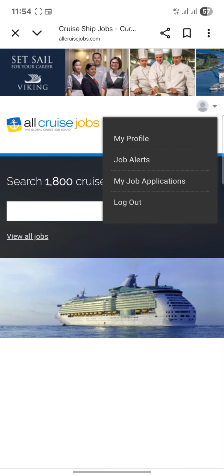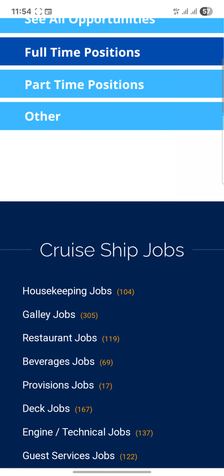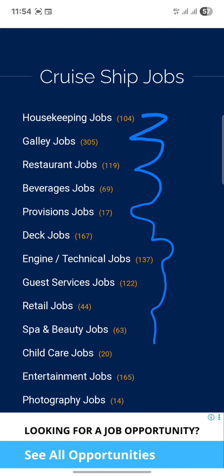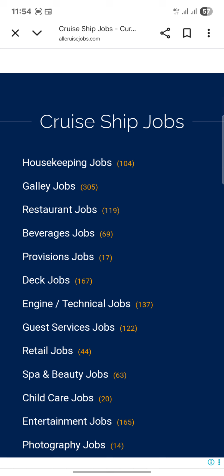You can create a profile if you don't have one on All Cruise Shops. This is where you're going to see the jobs: cruise ship jobs, housekeeping, galley attendant, and everything. You see all these kinds of jobs going all the way down. There's a whole lot of stuff, guys. Let's work on this. What we're going to do is apply for a chef